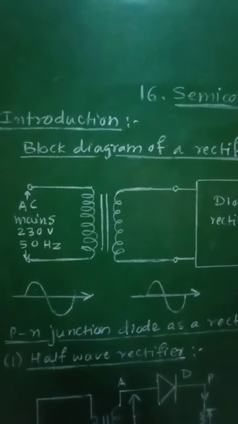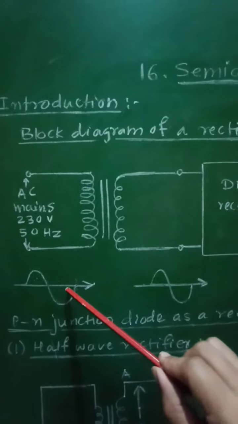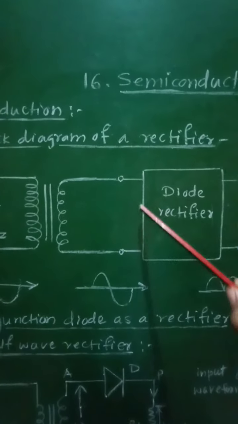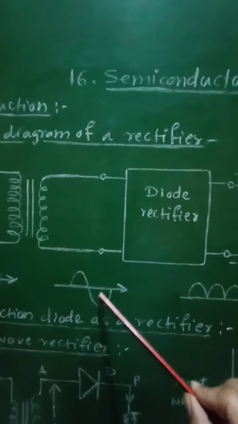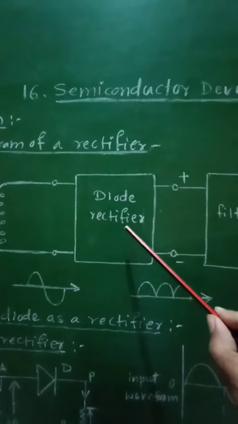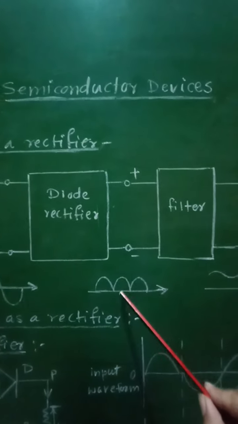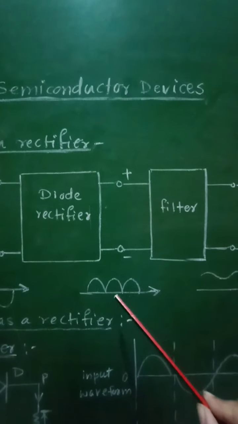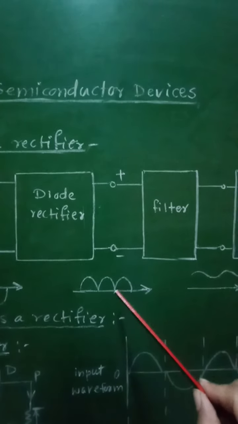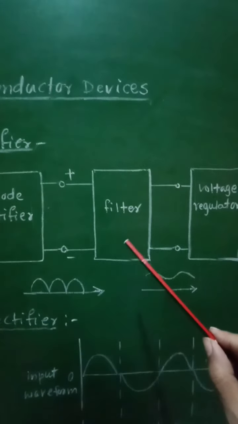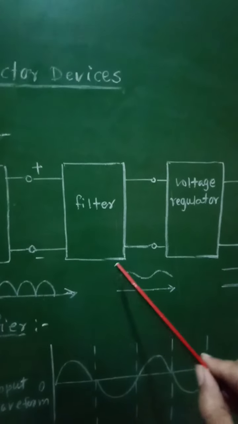And therefore, if we consider this rectifier, this will be the waveform for the applied voltage. So to this diode rectifier, the same AC voltage will be applied. When the diode rectifier is there, it will form a unidirectional waveform, but it will consist of some AC component. This AC component will be filtered with the help of this filter circuit, and therefore the waveform will be nearly a straight line.